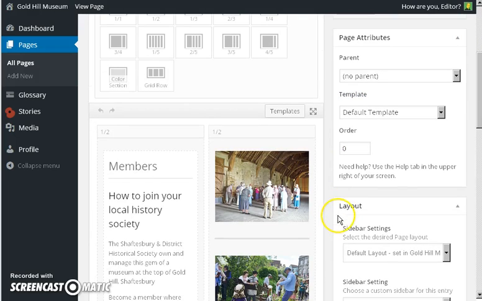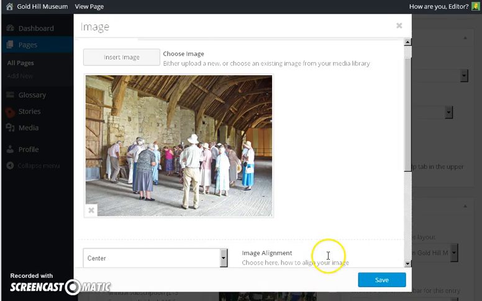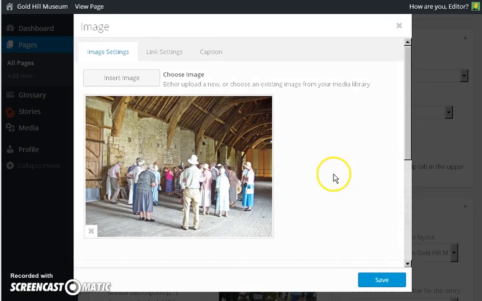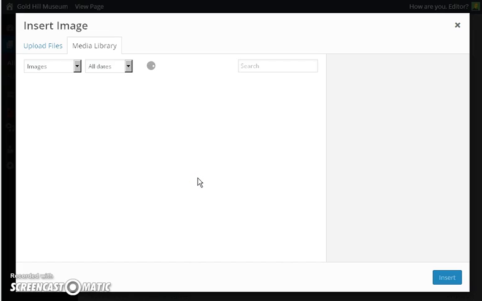Now, a little bit more tricky, but again, click on it and you get a box come up, and here you'll see the picture. There's lots of other options. I would just ignore those. If the page worked all right when you looked at it in its old form, it's probably going to work all right now just by swapping the picture over. So to swap that picture over,